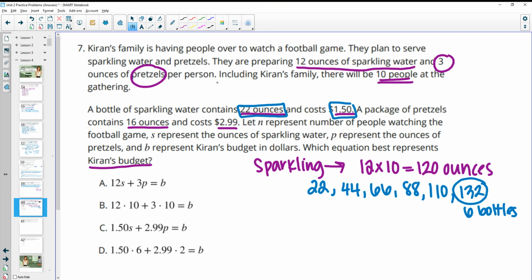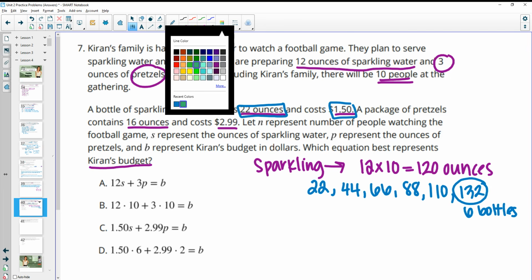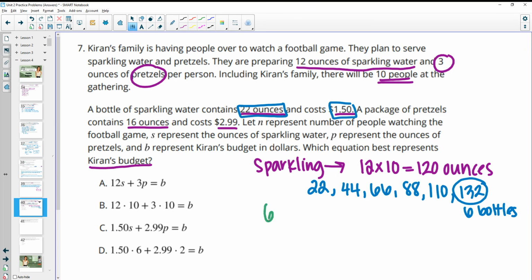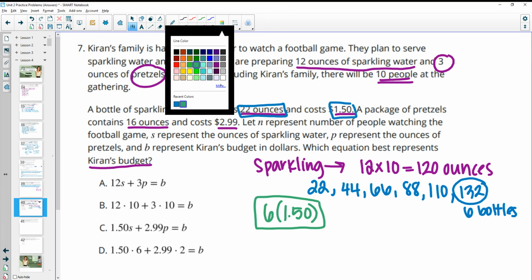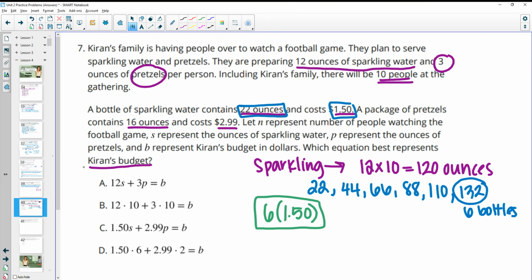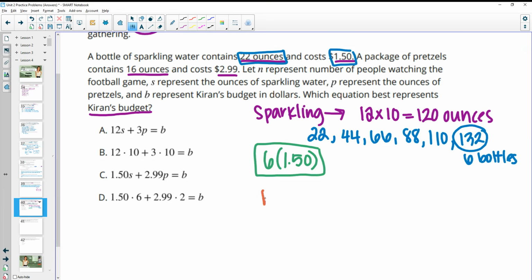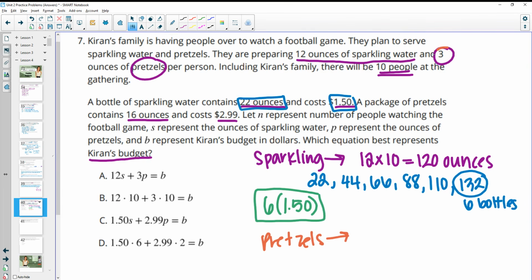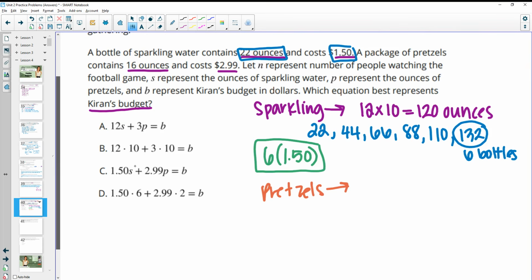So for the sparkling water, we need 6 bottles at $1.50 a piece. So here's our sparkling water portion. Then when we take a look at the pretzels, we are looking at 3 pretzels per person. So we're planning for 3 pretzels times 10 people. So we need 30